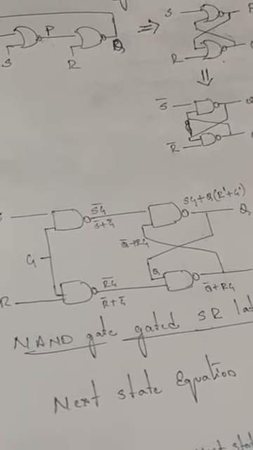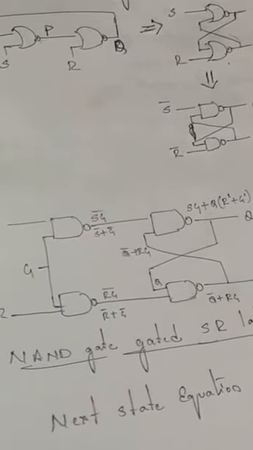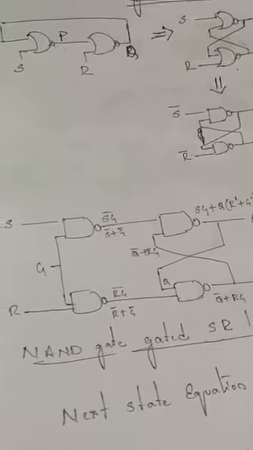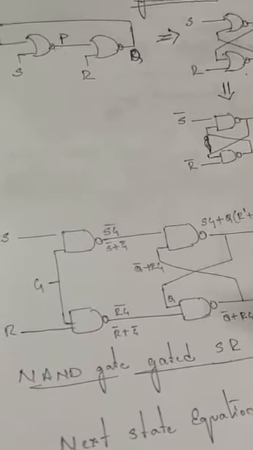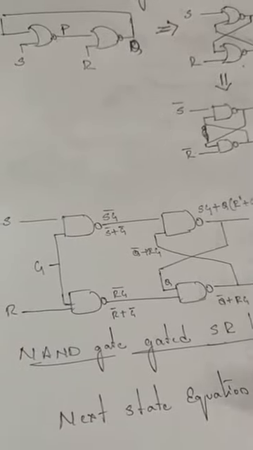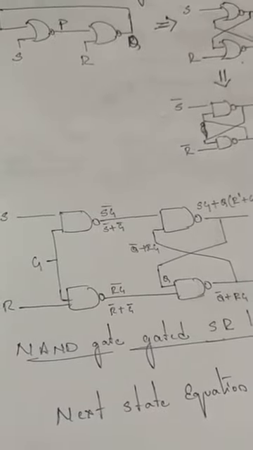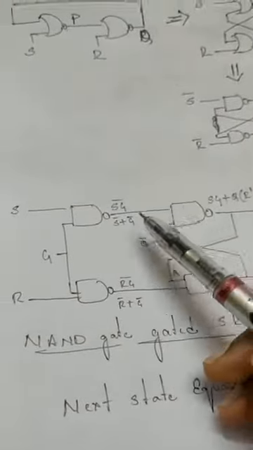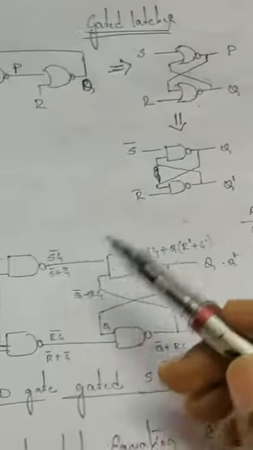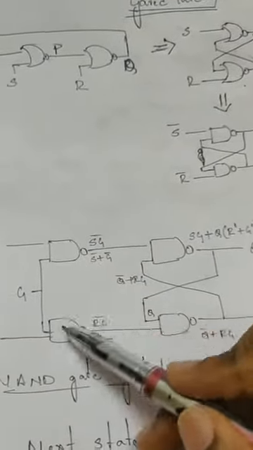So when the gate is closed, none of the persons will be able to get inside your home, right? They can jump over the gate, but in a proper, disciplined manner, it's not possible to get inside your home when the gate is closed. When the gate is open, anybody can enter, right? So the same concept here, they have added a gate here. In order to add a gate for this circuit, they have used two more NAND gates.